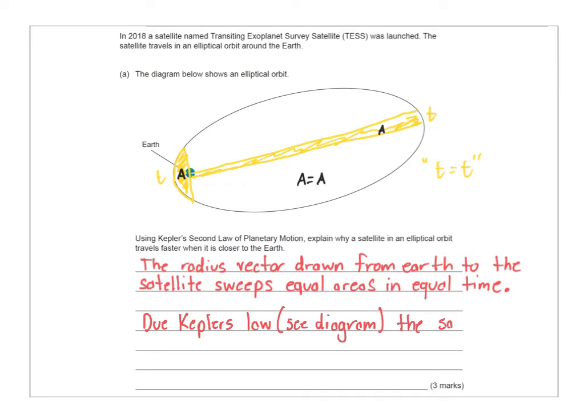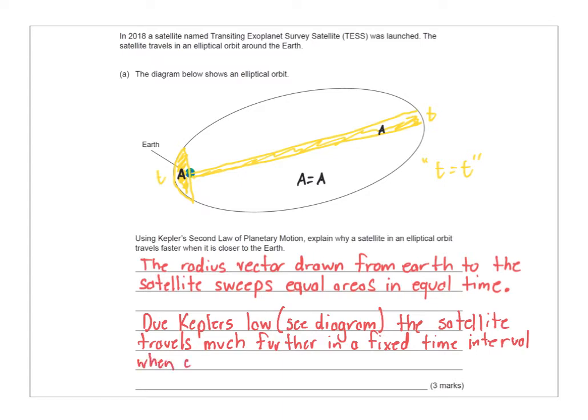The satellite travels much further in a set, let's just say fixed, it doesn't matter, set, fixed, constant, in a fixed time interval when closer to the Earth,